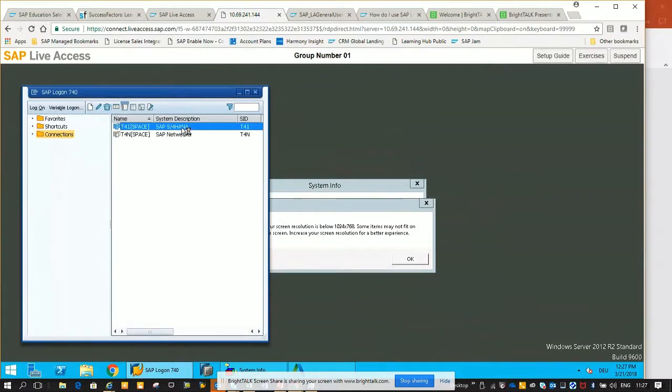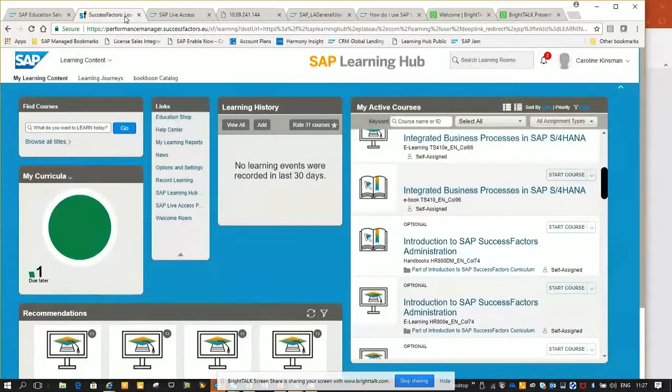Okay, and here it is opening up. And these are the actual systems that I need to work with. However, I now need my instructions. So at this point, I'm going to go back to my Learning Hub, and let's just very quickly have a look